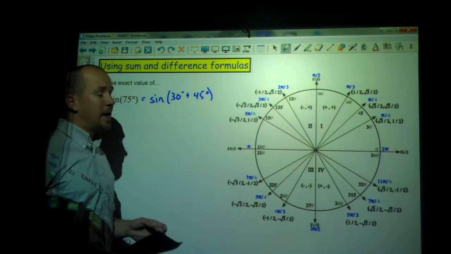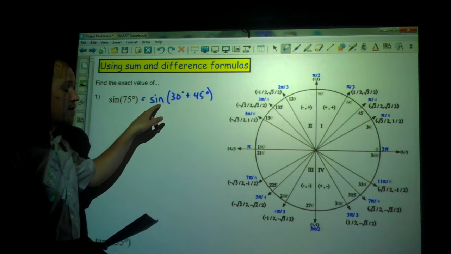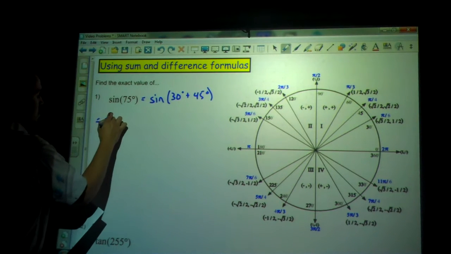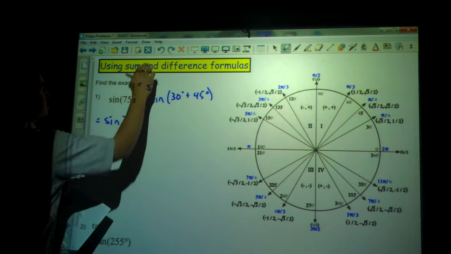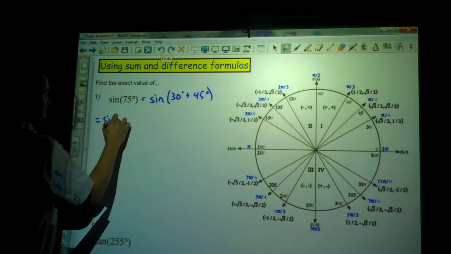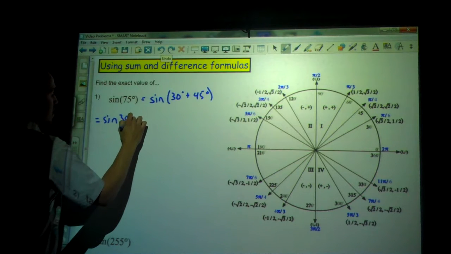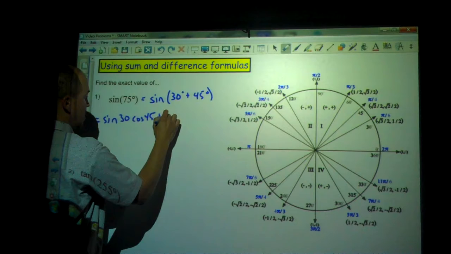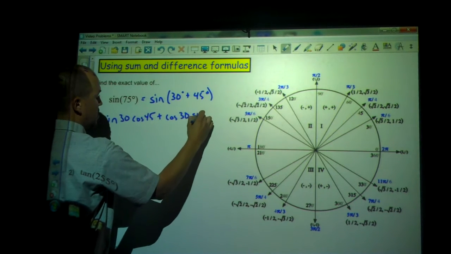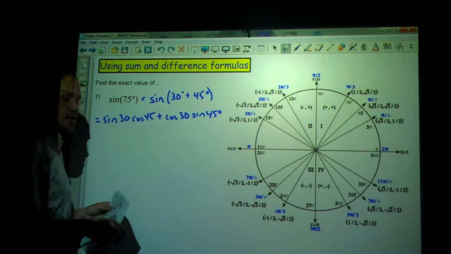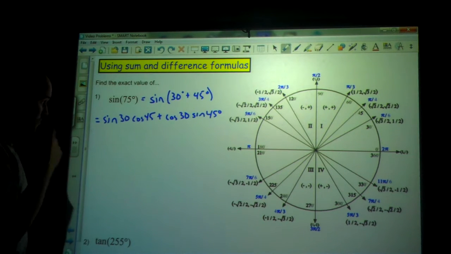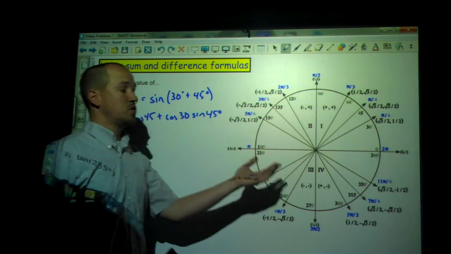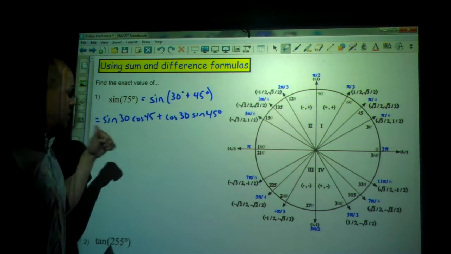And then I'm going to go to my formula packet, and I'm going to use the sum formula for sine. So the sum formula for sine says that this is equal to sine of 30 times cosine of 45, and then I keep the same sign, and so it's cosine of 30 and sine of 45. Alright, so I took that straight from my formula packet. And now it's just a matter of evaluating each of these individually from our trig circle, and then we are going to